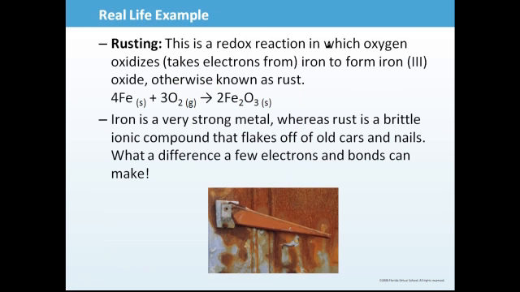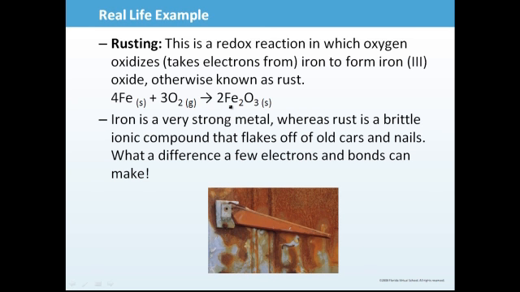First off, let's just talk really quickly about a real-life example of an oxidation and reduction reaction occurring, and that is rusting. This is something that we all see happen all the time around us, and this is an example of what we call a redox reaction. That is short for reduction and oxidation. Basically what's happening is oxygen oxidizes the iron to form iron 3 oxide. So the iron is giving electrons to the oxygen, and they form this